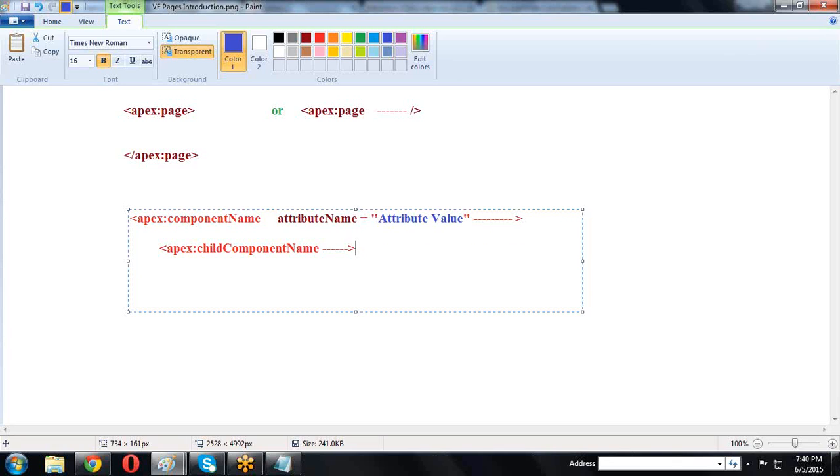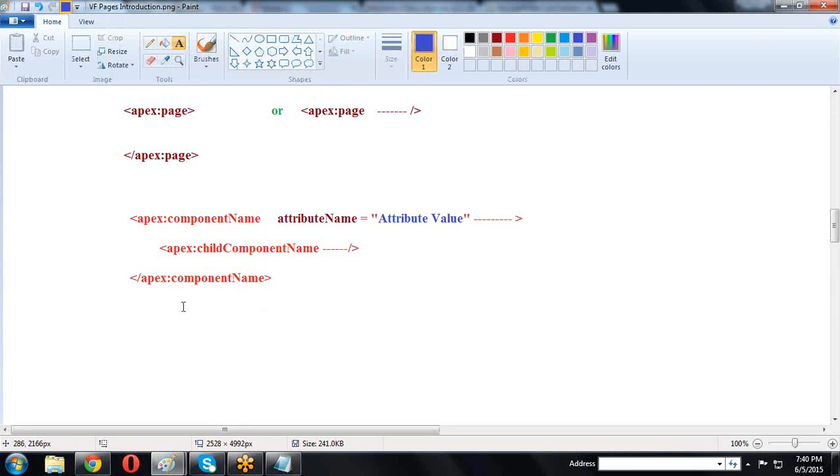We are taking its attributes, the number of attributes, we write like this. Finally, closing the apex: component name. So this is the way we are creating any component.